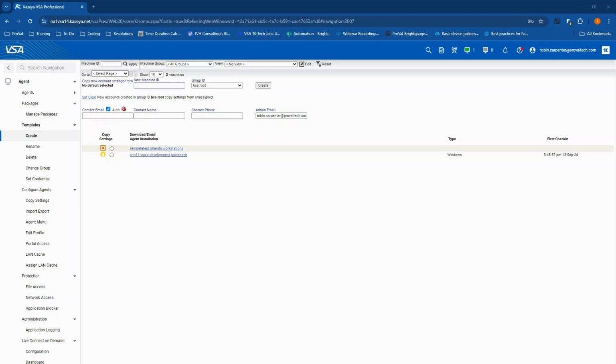In this video, I'm going to discuss VSA Agent Templates. Templates can be created as a placeholder for future machines or to assist in installation issues of agents that are not checking in correctly. Templates are most normally created from the domain watch process of locating and preparing an agent